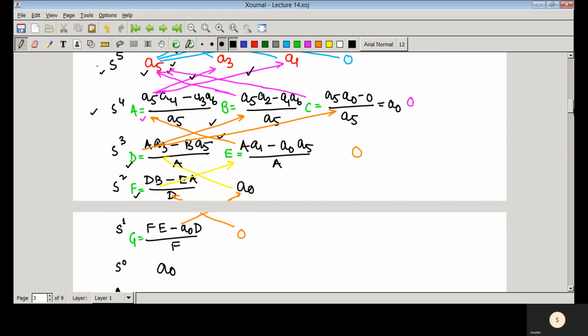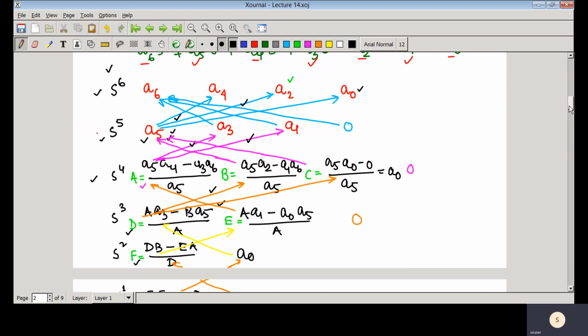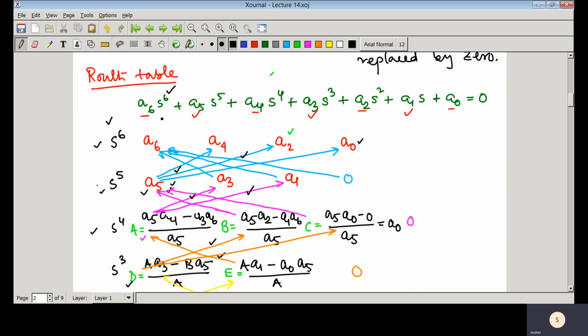And we'll stop here because this is a0, the lowest term in that polynomial, and this is the method we need to follow. So let me repeat once again. Whenever you have a polynomial like this, you just need to